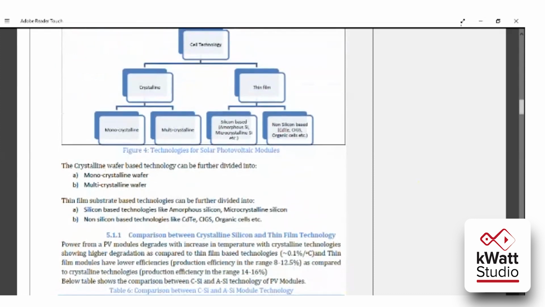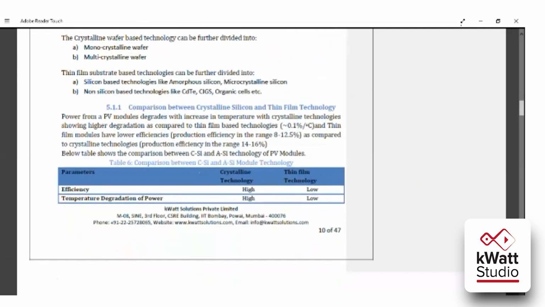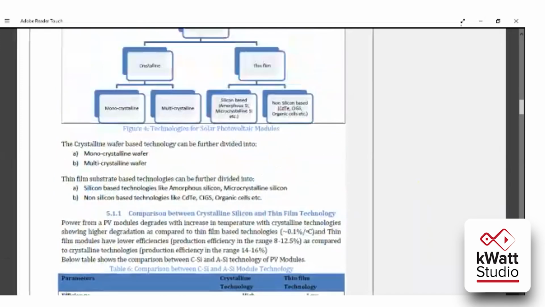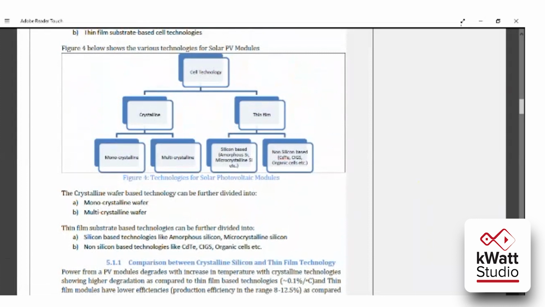So here, out of crystalline technology and thin film technology, you have to mention which technology you are going with and why. If you look at crystalline technology, again 2 technologies are there: monocrystal and polycrystal. One of the best technologies that you can use for solar plant installation is monocrystalline, because it has higher efficiency.